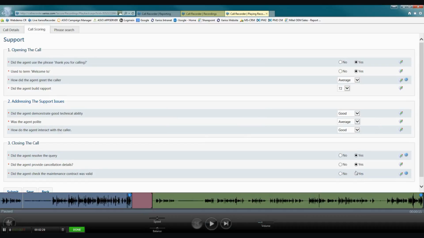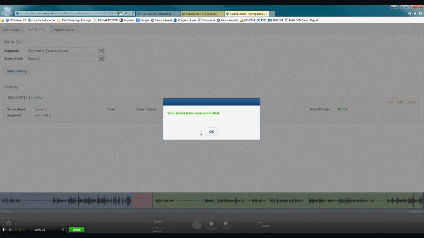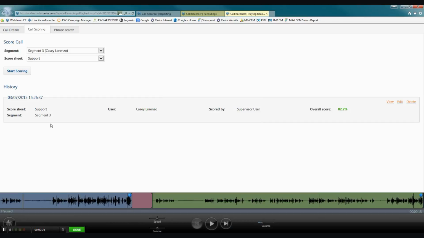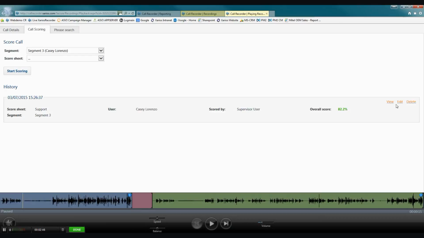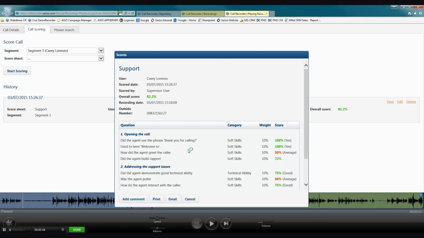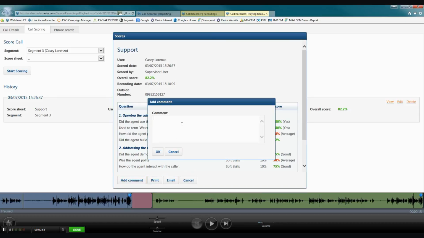So I'm just going to finish this little process here, and then going to submit the scores. And you notice that it sets a time and date stamp, specifies who it was who scored the call and what the score was, and then you can edit the score sheet if you wish, if you're not quite happy with it, or you can view the score sheet. And once you've viewed it, you can print it, or you can email it to the recipient, or then you can add a comment to say,